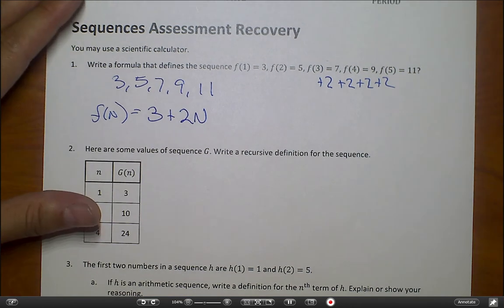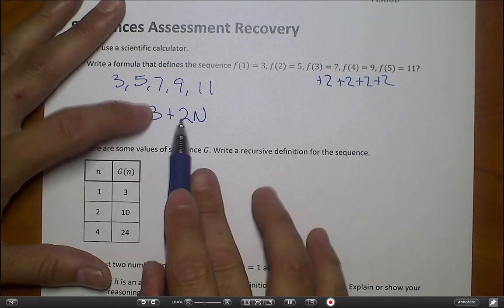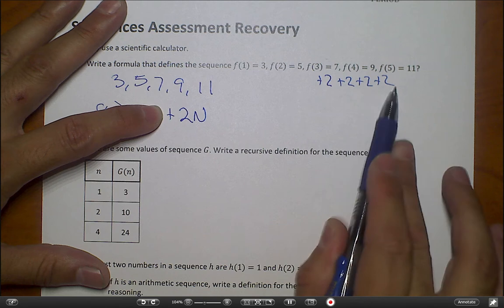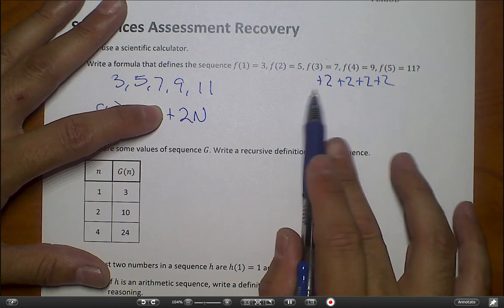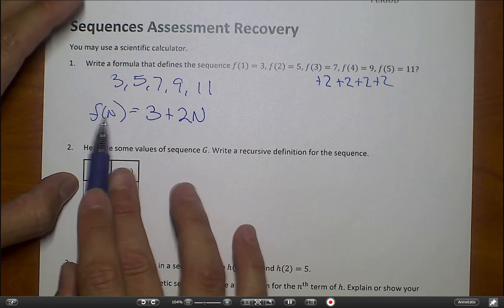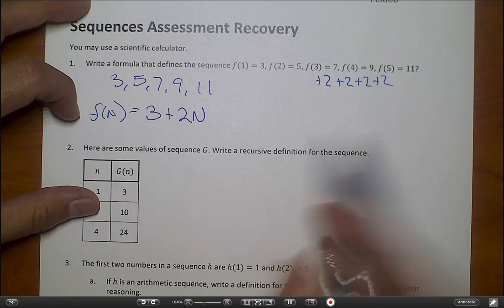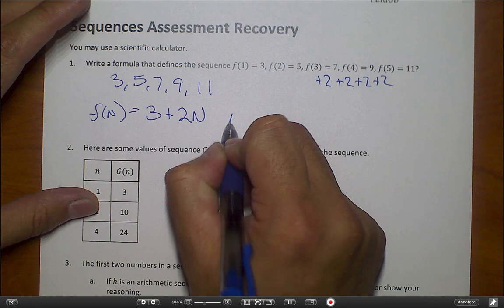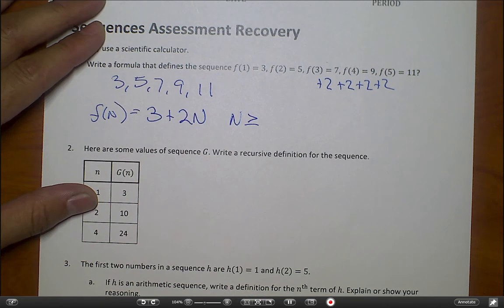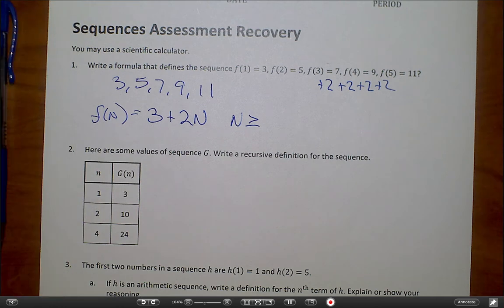Now we're going to define it because it's multiplying, right? It's repeating the addition of 2, 2, 2, 2, 2 every time. I keep repeating that, so it's going to be like this. Now I'm going to show you guys for my values. Let's define n to be greater than or equal to 1. Let's see, in my calculator,